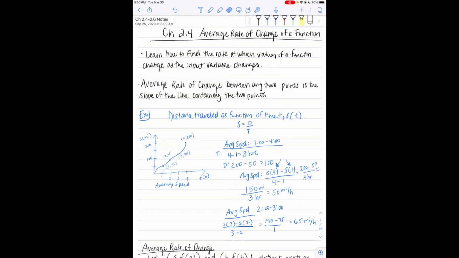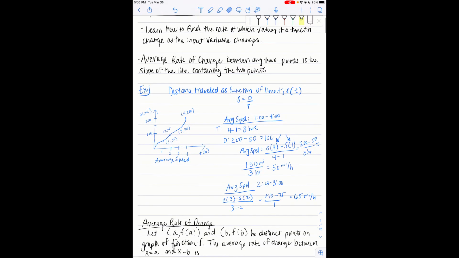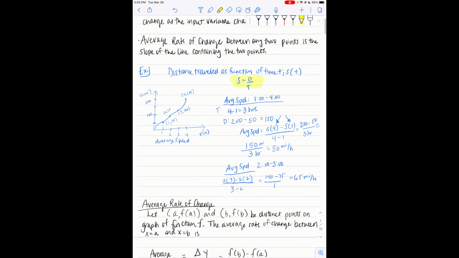So let's look at this example. You might already know that distance traveled is a function of time, and then you have your formula for speed. Speed is distance over time. So that's similar to average rate of change becoming the slope. So in this example, we could